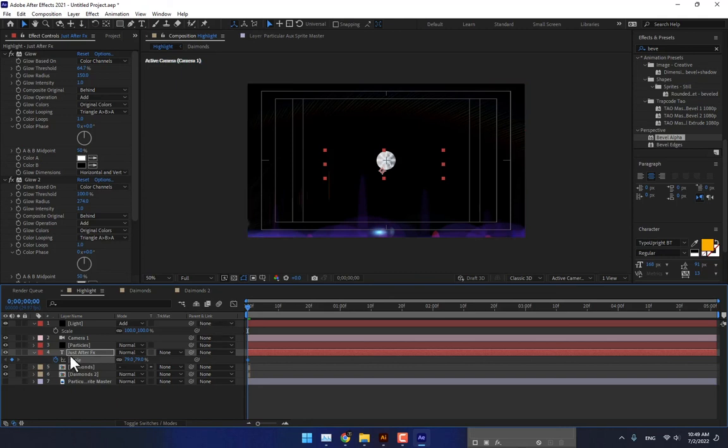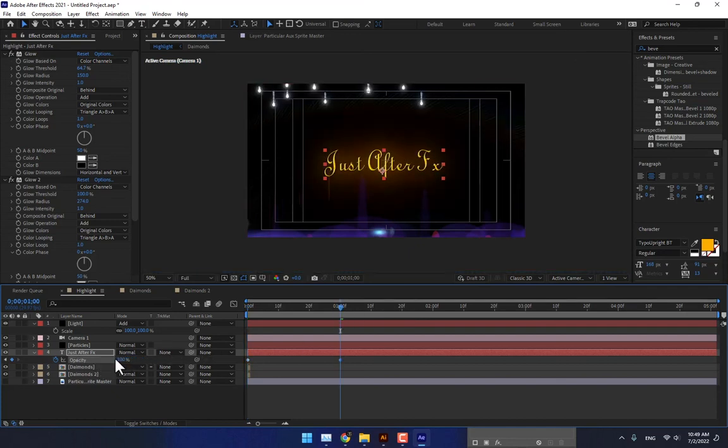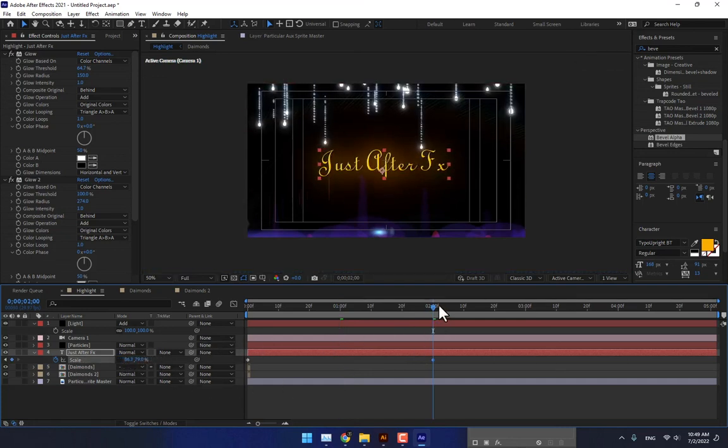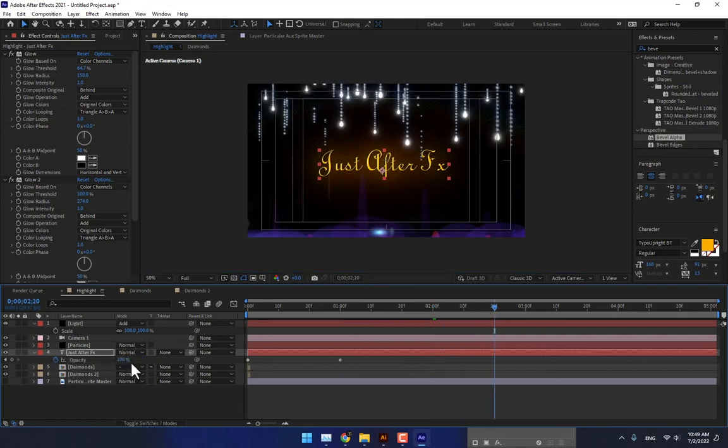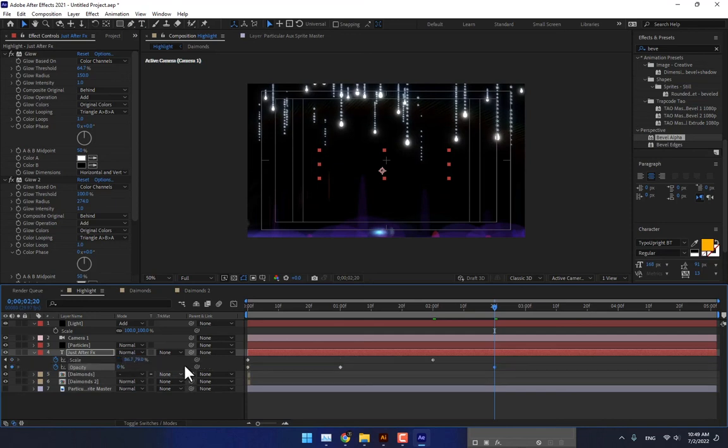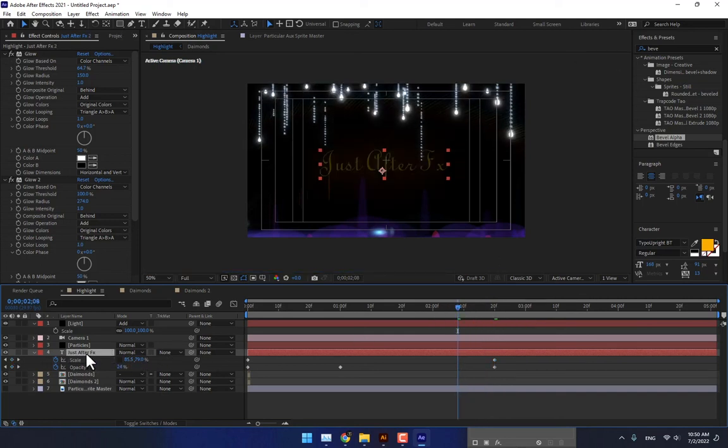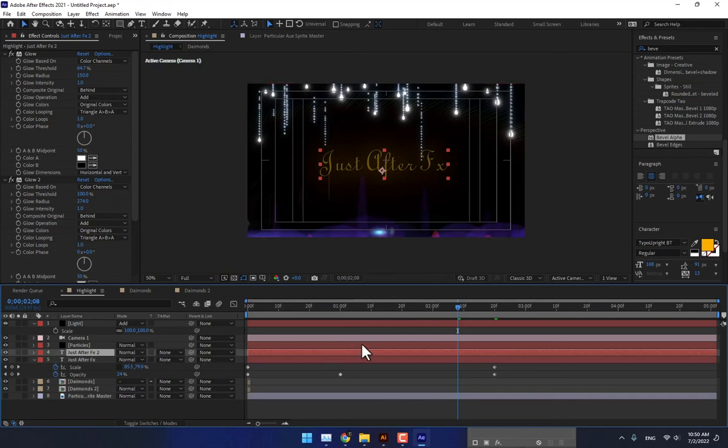Press S, stopwatch, turn off this one and go to second one, press T and go to 2 seconds, press Ctrl, a little bit animate, and now turn off this one, press U, there is the scale keyframe, move the end scale keyframe to after 2 seconds 20 frames, and now create another title, duplicate this one, move here, so